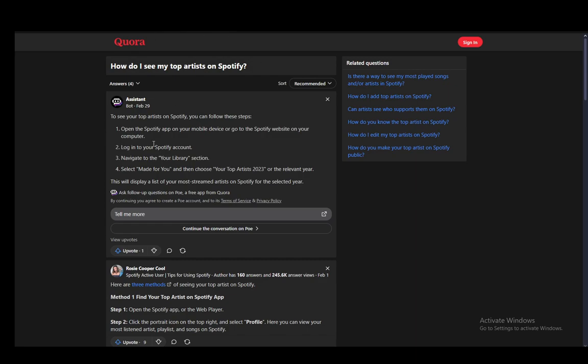Now, as you can see, the AI assistant has found a very nice way to see this, and the way you can see your top artists is open up the app, and once you're logged in, you need to go into your account and go into your library section. Once you're here, you just need to select made for you and then choose your top artists of whichever year you would like, and this will display the most streamed artists on Spotify for the selected year, and that should